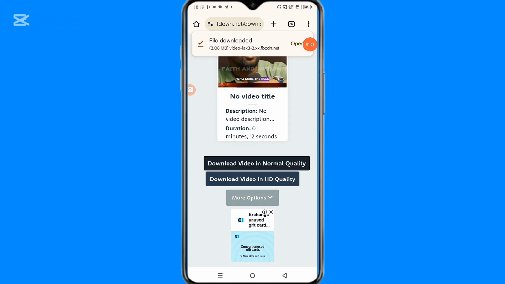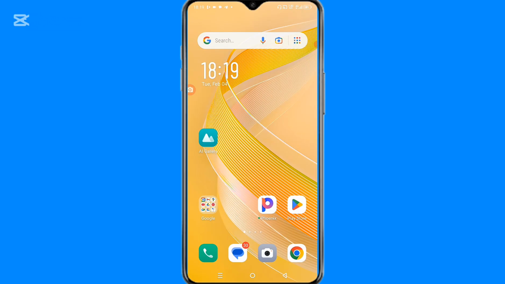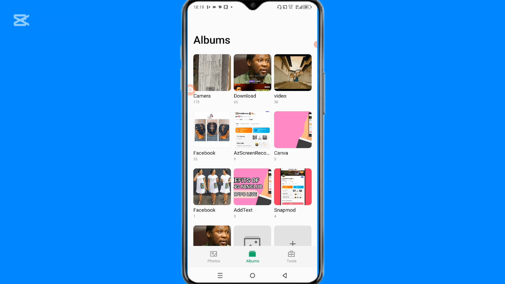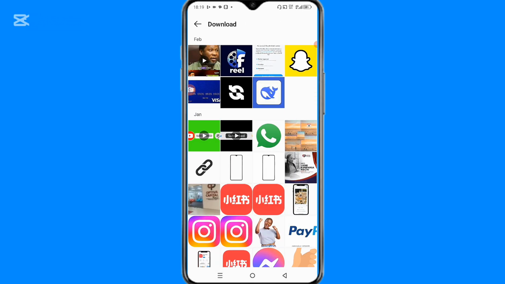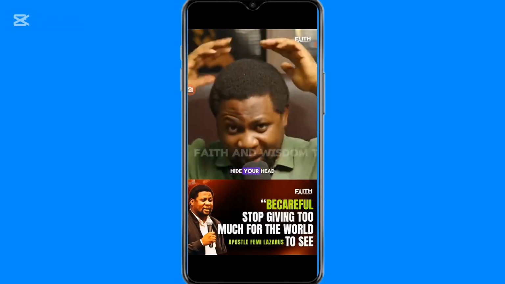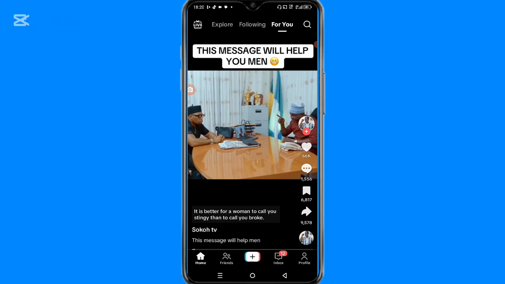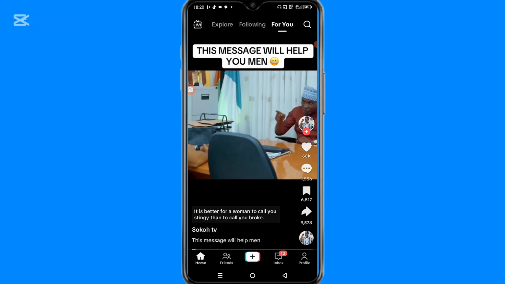So now I have successfully downloaded this file on my device. I just have to go to my gallery, go to video. You can see that the file has been automatically downloaded to my gallery. So what I have to do from here is to go to my TikTok app. So on my TikTok app, I can now